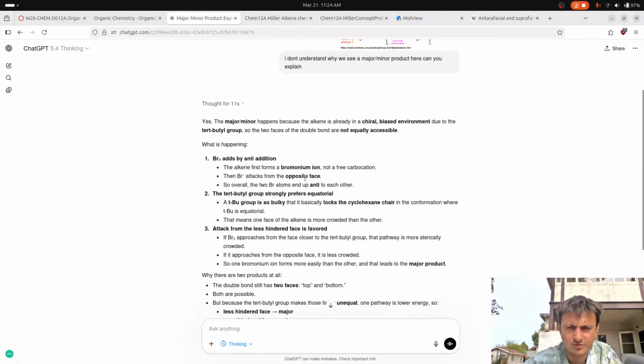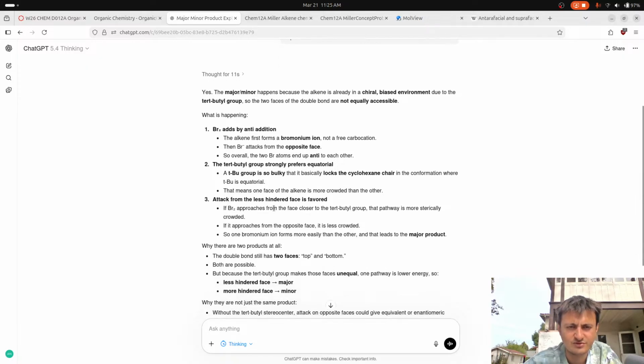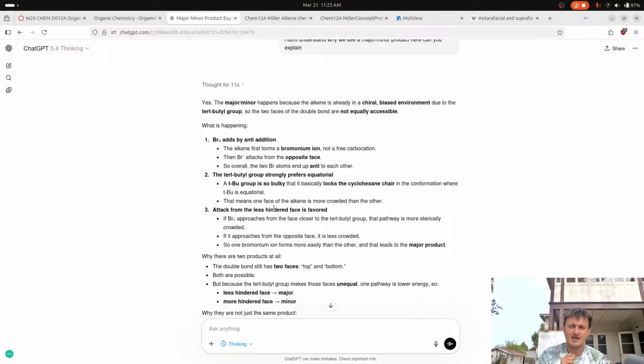The alkene first forms a bromonium ion, not a free carbocation. Then Br minus attacks the opposite face. We know that. So overall, two Br atoms end up anti to each other. The tert butyl strongly prefers equatorial. A Tbu is so bulky that it basically locks the cyclohexane chair in the conformation where Tbu is equatorial. So we kind of got that. So attack from the less hindered face is favored. If Br2 approaches from the face closer to the T-butyl group,